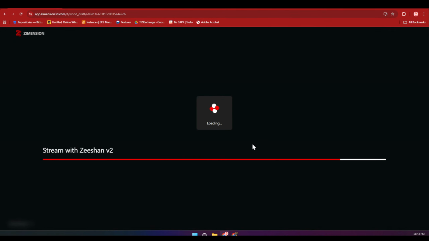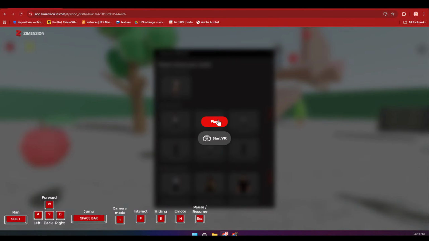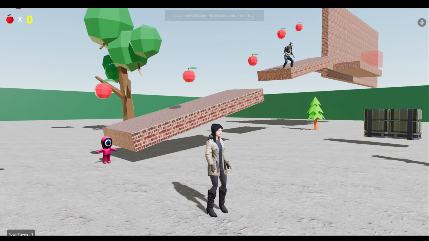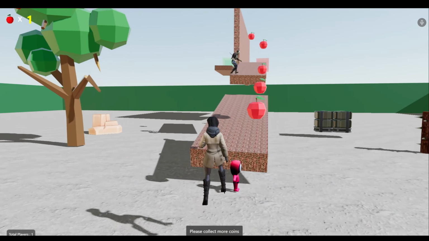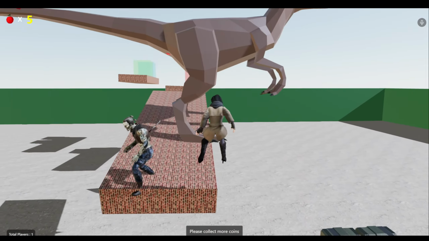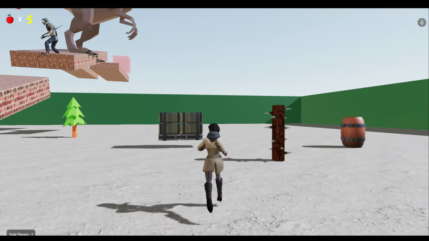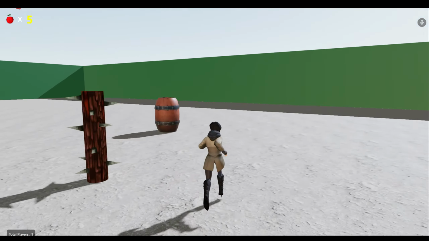So imagine you putting some horror thing here. You can suddenly make things appear, and then see, the dino just popped up out of nowhere.